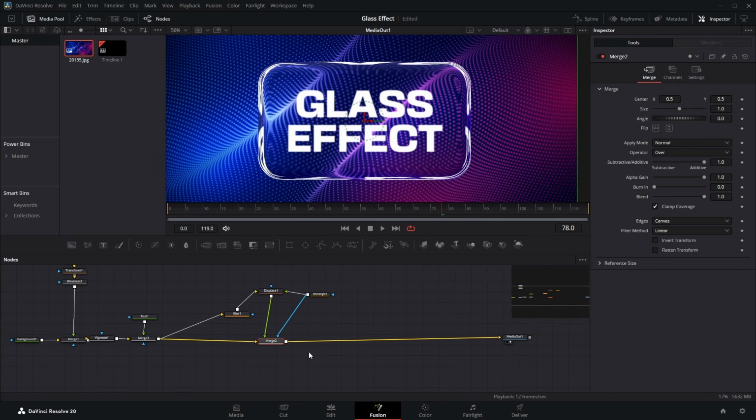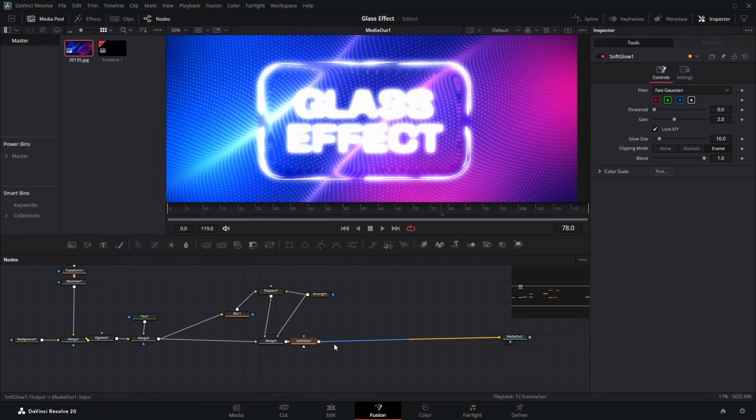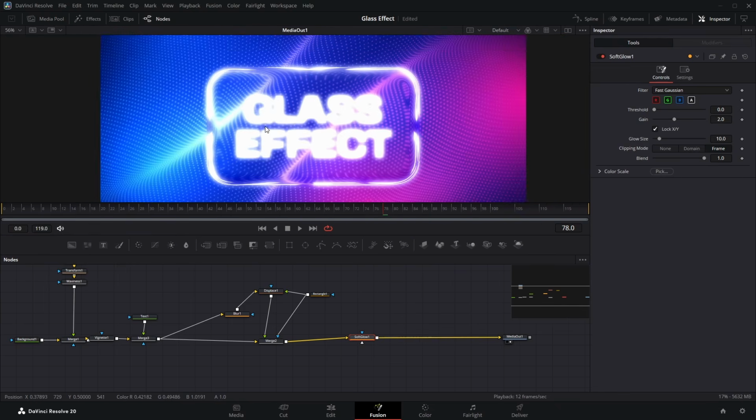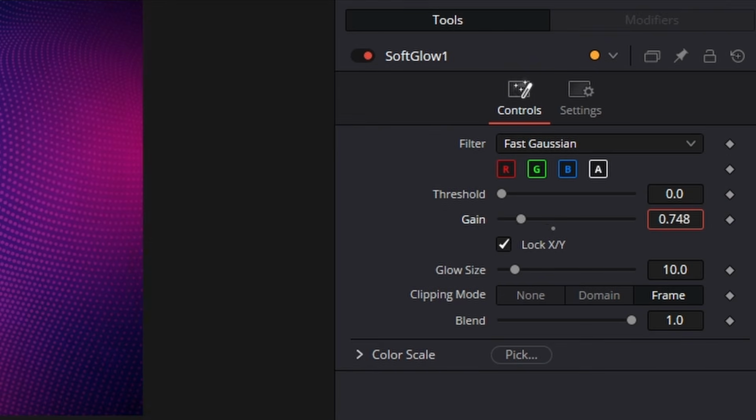What else can we do? We can actually go click on this merge right here and then press shift space and add a soft glow node. Now it looks kind of ugly, but just close media pool. If we just decrease our gain to somewhere around here,